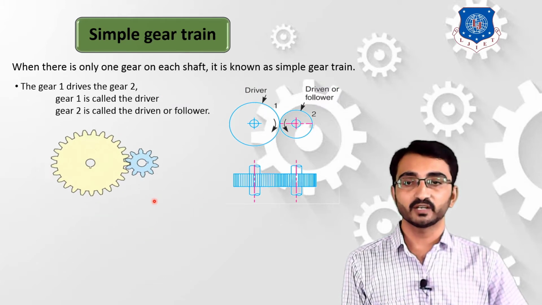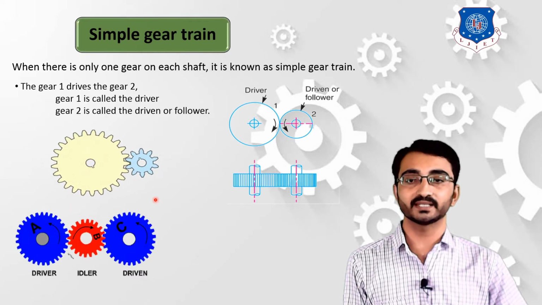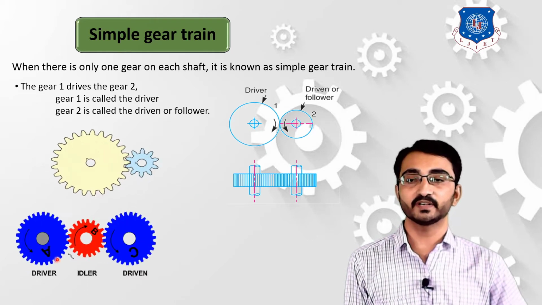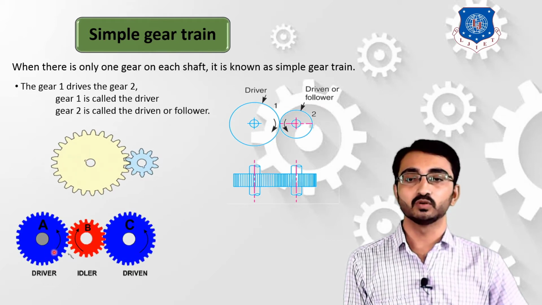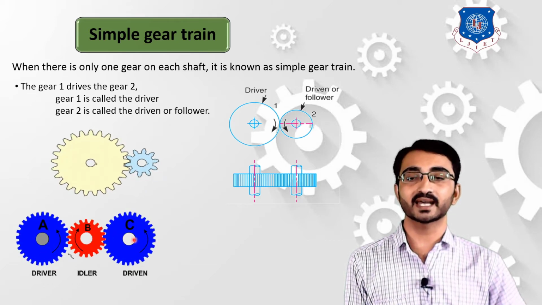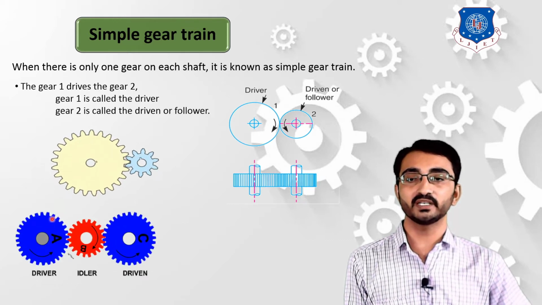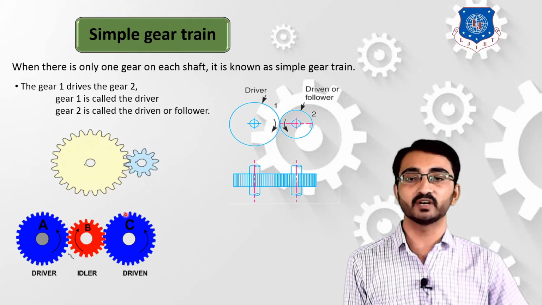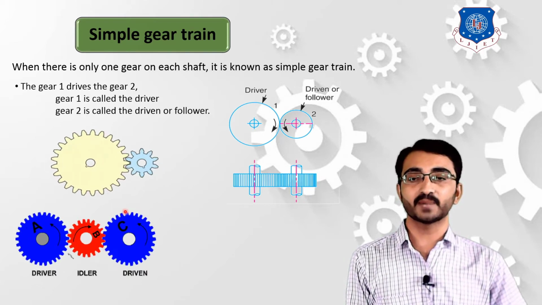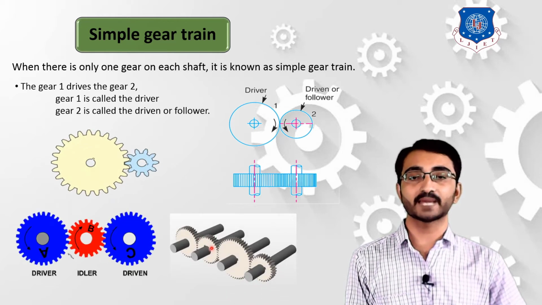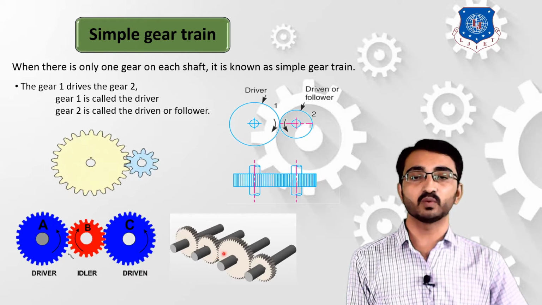Now we can also use a combination of 2 gears and more than that. Over here in this diagram we can observe that more than 2, here 3 gears, are attached. This is also a simple gear train, because on each shaft only one gear is mounted. We can use a number of gears to transmit power. Either we can use this type of assembly where 4 shafts are considered and on each shaft one gear is mounted.